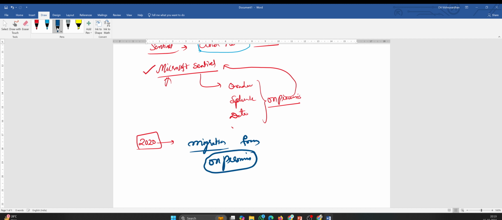From your own data center to cloud. The movement from on-premises solutions to the cloud is going at a very fast pace.